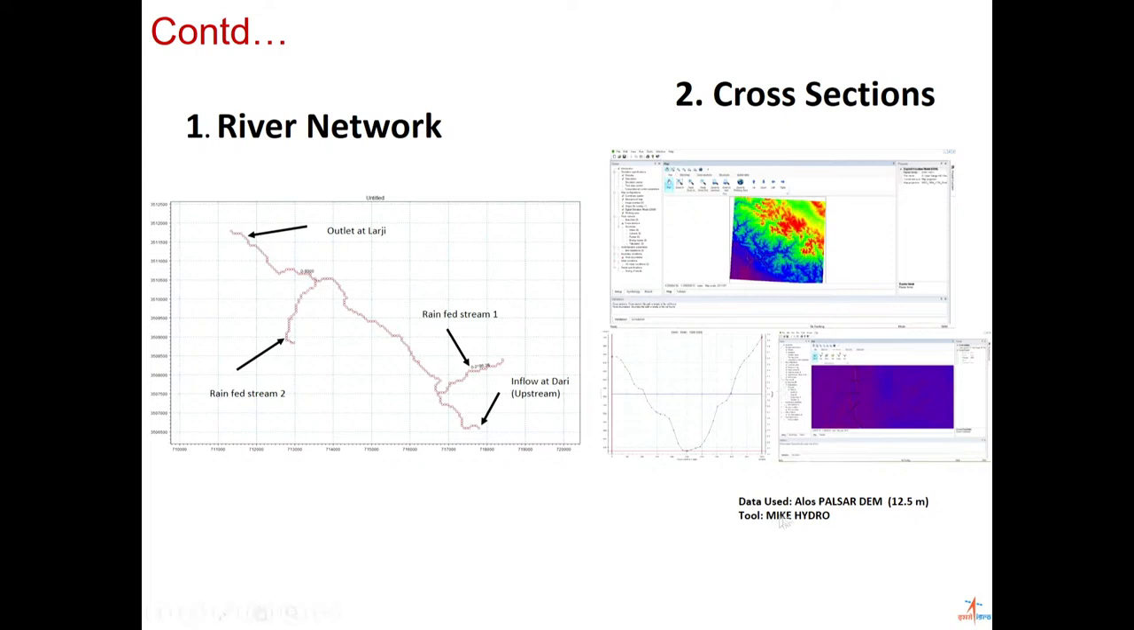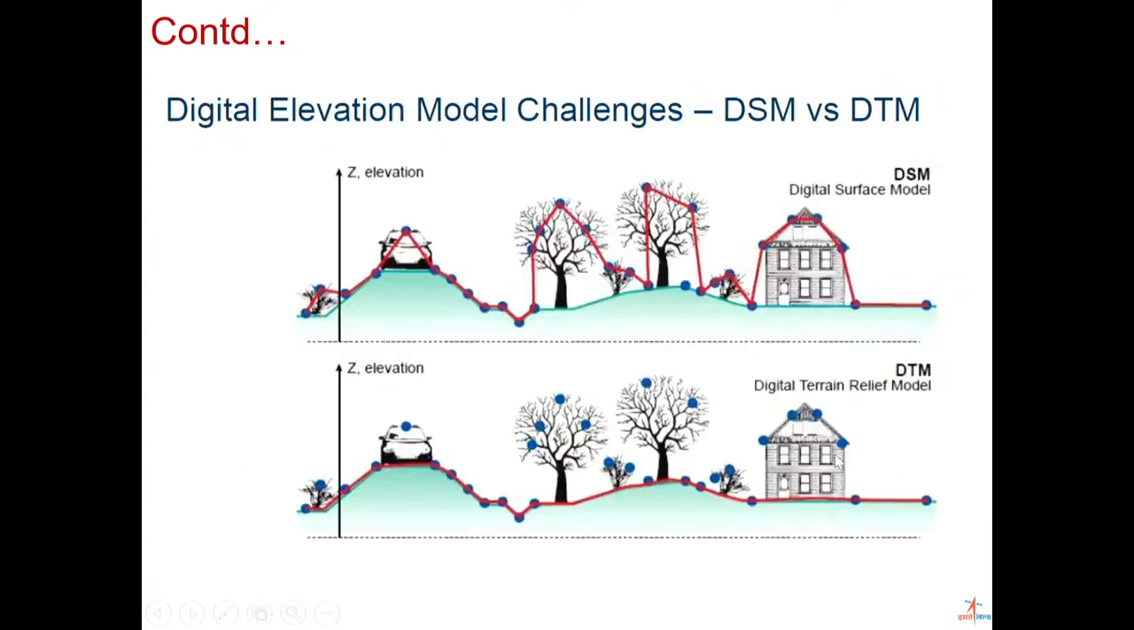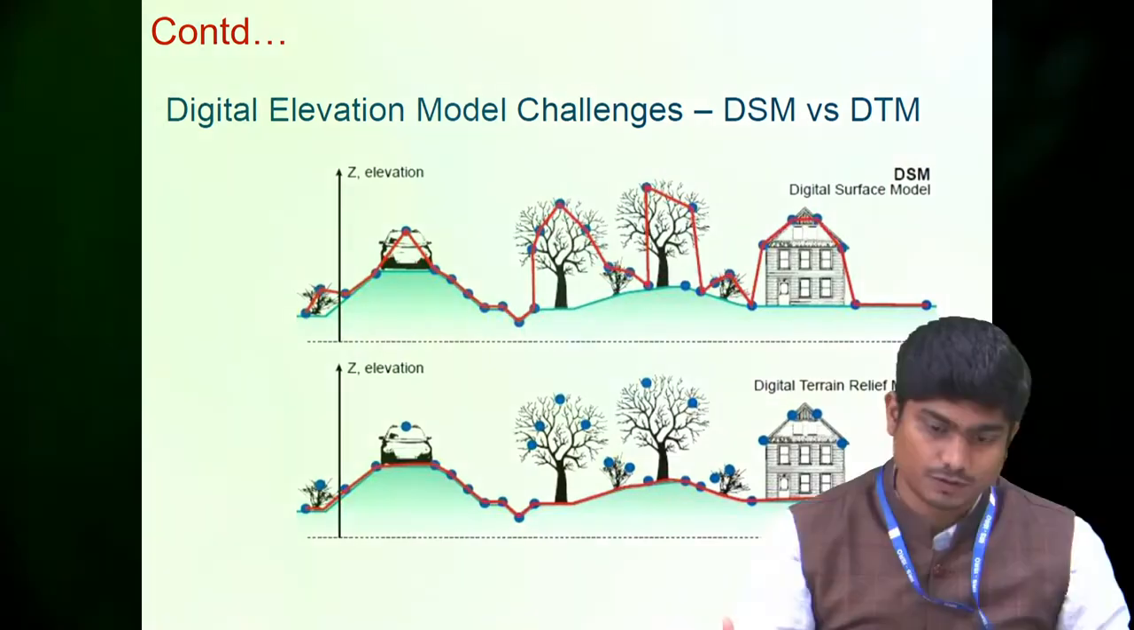Now, as I said, this cross section you generated from the DEM. You did not actually go into the field, so there are certain limitations. These limitations are linked with the DEM when you try to extract the geometry of the channel and floodplain. So if you look into this, this is how, when you download any satellite DEM from the geoportals that are available,